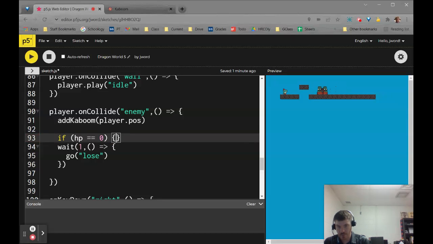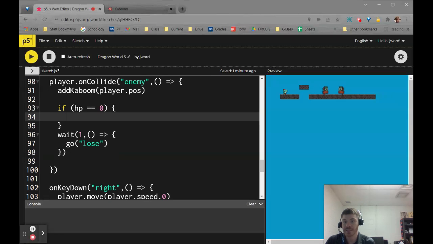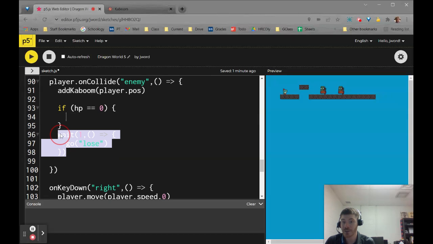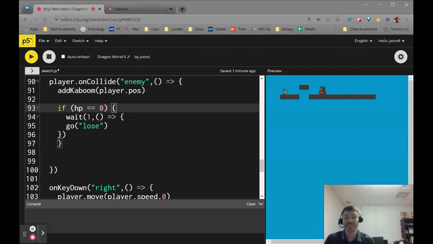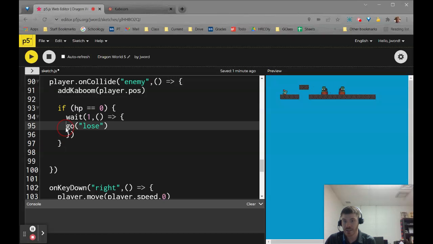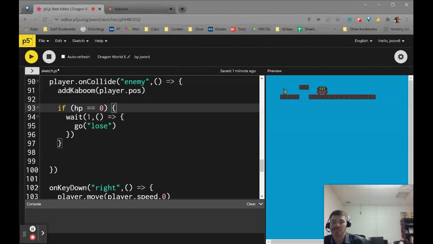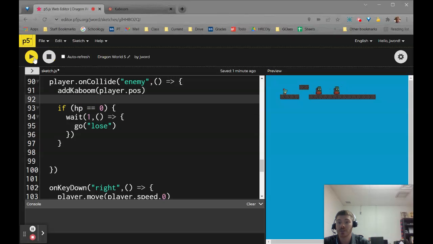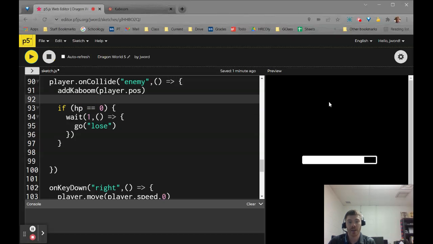Then open up some curly braces, and take the wait 1 second and go to the lose scene. That's going to be inside those curly braces. I'm going to press tab to clean this up a little bit. Now you can see with the edges of those curly braces, if the HP is 0, that's what should happen. So now it shouldn't be the case anymore that